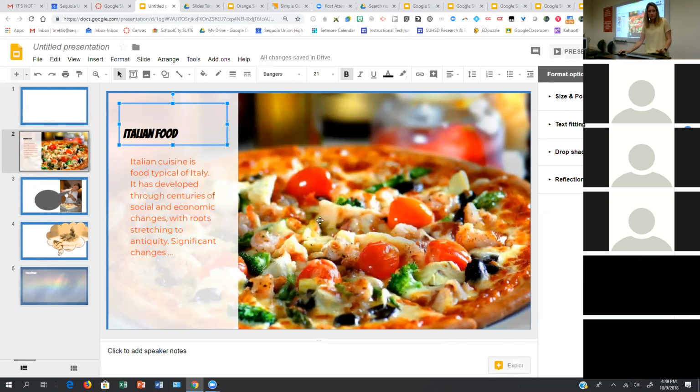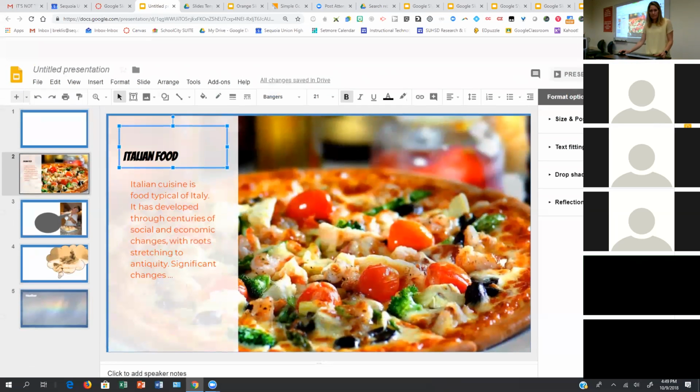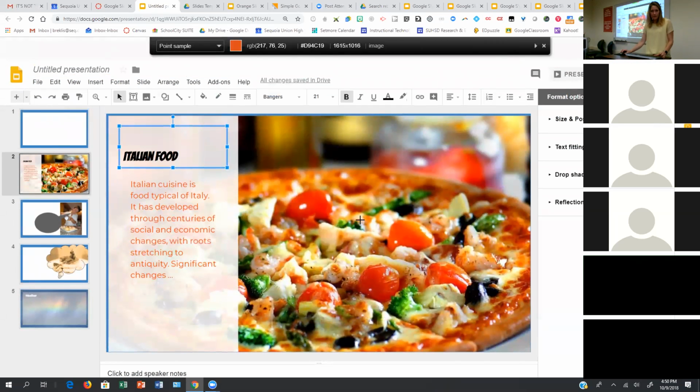So that's pretty fun. Sometimes it doesn't want to line up really well. If you find a different color picker that works better, go with it. The mouse in here is giving me some trouble.